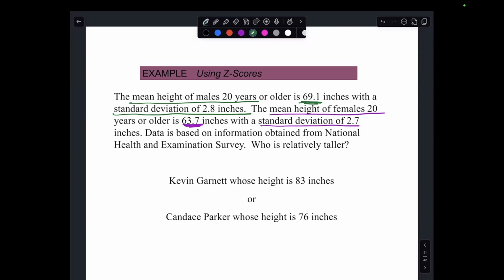So remember, it is x minus mu divided by sigma. So I'm going to take his height, 83, minus the mean height. Then I'm going to divide it by the standard deviation. If you want to do this whole thing in your calculator, you need to put parentheses around your numerator. Otherwise, it will be bad, trust me. So I'm going to put this in my calculator. 83 minus 69.1 divided by 2.8. So my z-score here